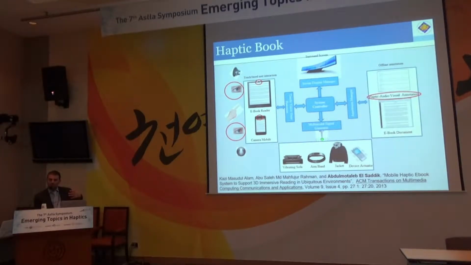Now, to have the complete haptic multimedia immersive environment, we developed what we call a haptic book. So we looked at open source PDF, and we looked at the text. We applied a kind of NLP, and we were able to extract the emotion, but also the movement, the actions in the text. And then through eye contact, we know on which paragraph we are, and depending on the paragraph, which is annotated, then haptic feedback is provided.